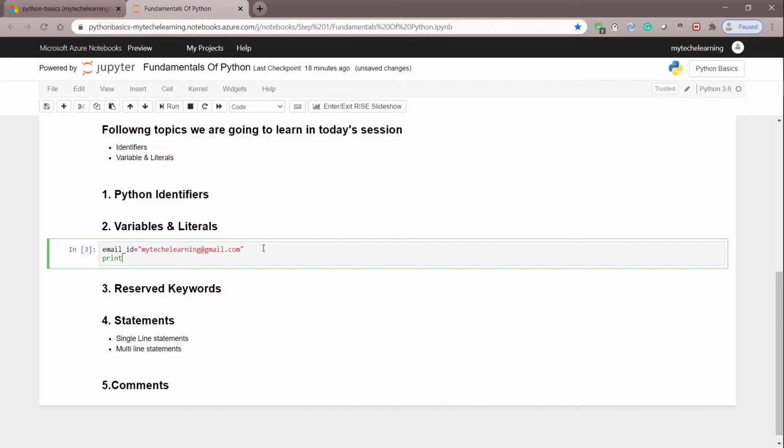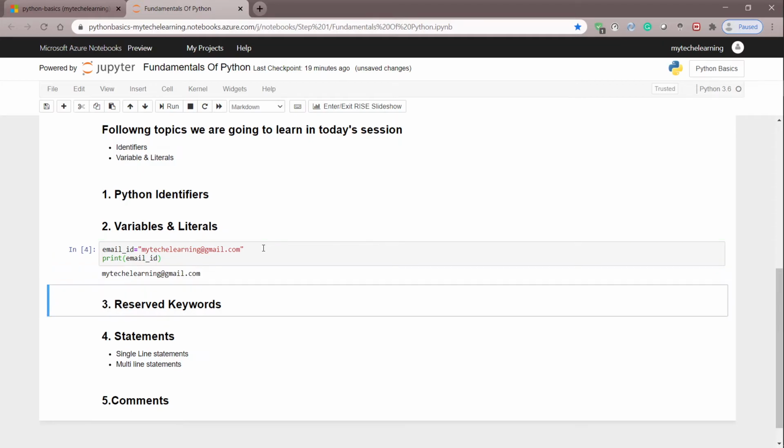Print email underscore id. Okay, so I got the same output that I entered here. You can write the strings either in double quote or in single quote as well. It still gives the same output.